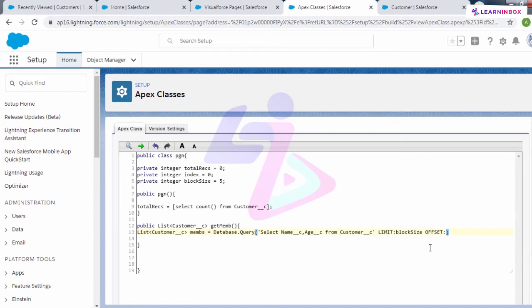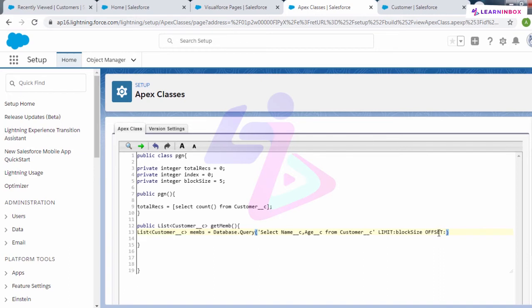If I want my pages to contain only 5 records, those five records should not get repeated. If on my first page I have record number 1 to record number 5, then on the next page I should get record number 6 to record number 10. Those first 5 records should not get selected.